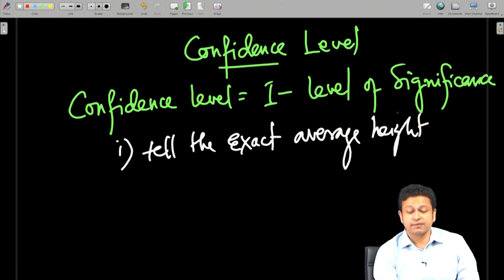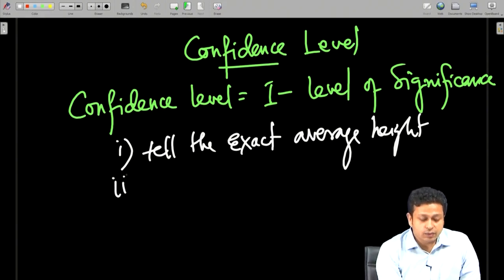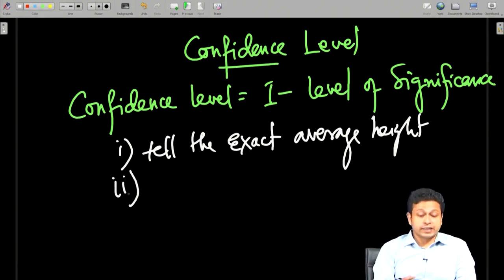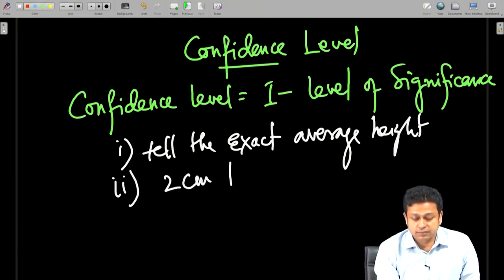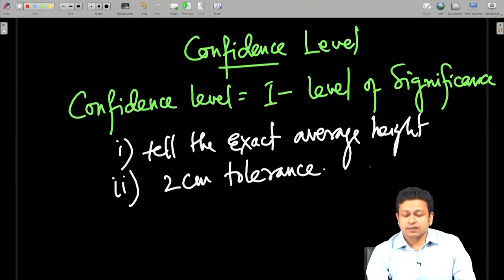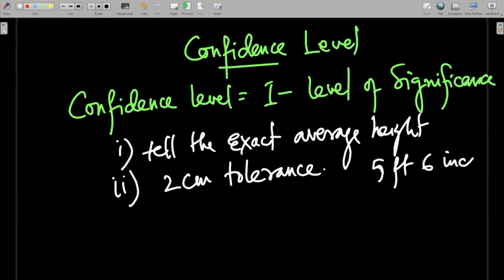You have to tell the exact average height. In the other case, he will say, well, I am fine with, let us say, 2 centimeter tolerance. So if the average height of the class is 5 feet 6 inch, the professor is okay, he will still give you the reward if you can predict, let us say, 5 feet 4 inch to 5 feet